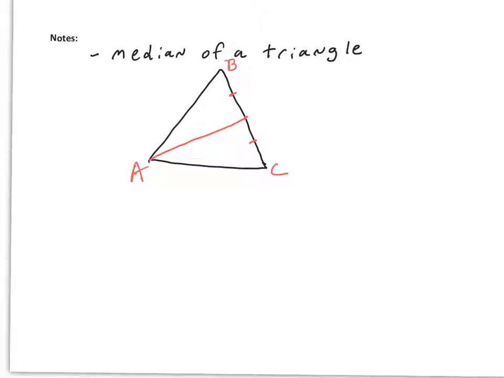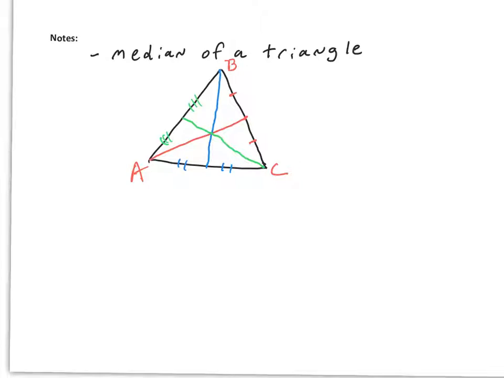Okay, and then we had another one from the vertex B that's going to side AC, and it's going to split that side into 2 equal sized pieces. And then the third one is going to go from vertex C, and it's going to go and split side AB